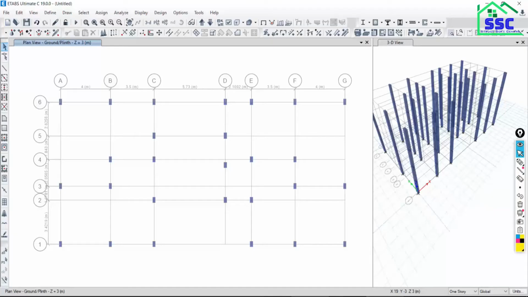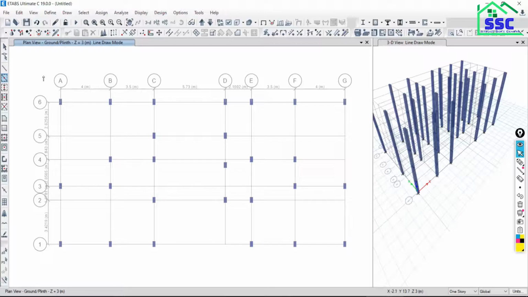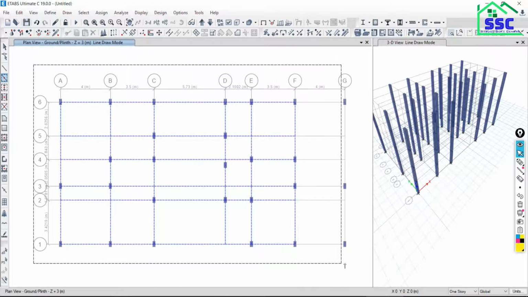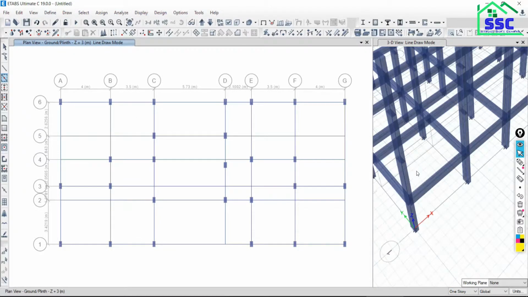So first the option is what? You can directly take this option, quick draw beams, upper side above the column. Below is the normal way of modeling the beam, and in between there is the quick draw beam option. Just click over this. With this option, by just dragging from left to right over all the grid lines, the beam is going to model. Because we are working with one story, at the ground level, modeling is going to be done only at the ground level.